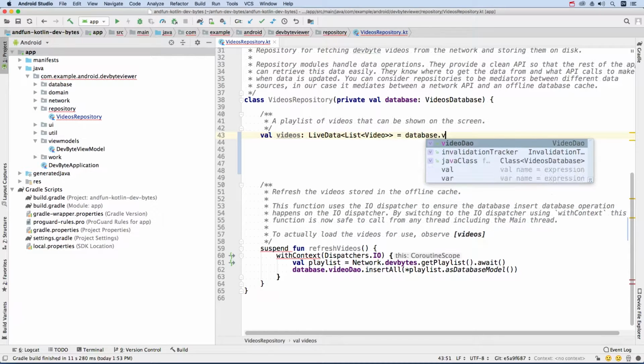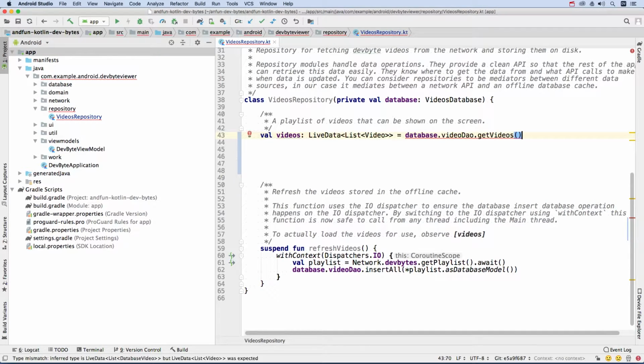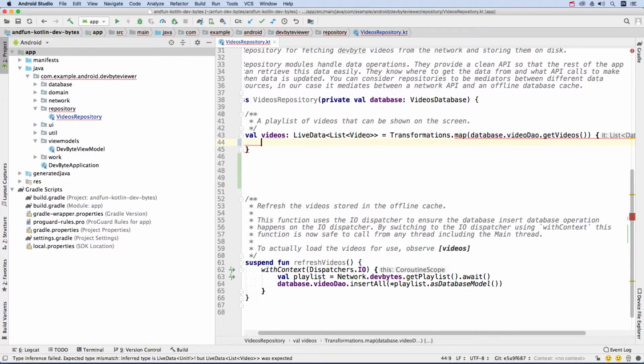We'll want to run our database query, getVideos, which will give us a LiveData, though our database returns a database video instead of a video. To map from database video to video, we'll use Transformations.map. Transformations.map lets us convert from one LiveData to another. We can use the helper asDomainModel that we defined earlier to convert from a database video to a video. Just like the database query, the transformation will only happen when an activity or fragment is listening, so we can declare this as a property safely.